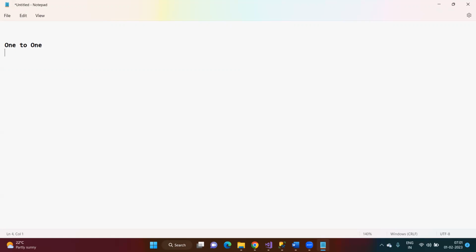Right. So one to one means table A having one record, and that corresponding record is also available in table B, right? So table A having one record and that record having a corresponding record in table B. And if this is the case, then we can say this is a one-to-one relationship between the tables,